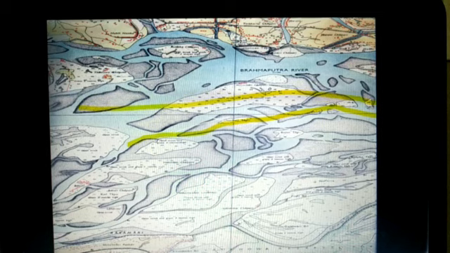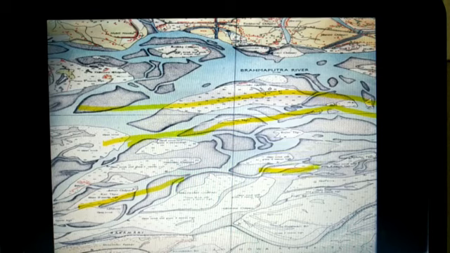These will be parallel channels. These are the sub-channels of the Brahmaputra, producing so many